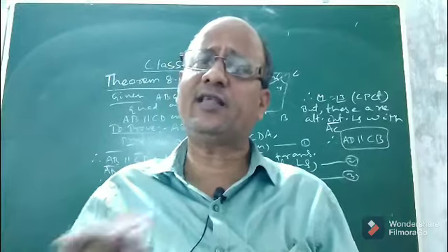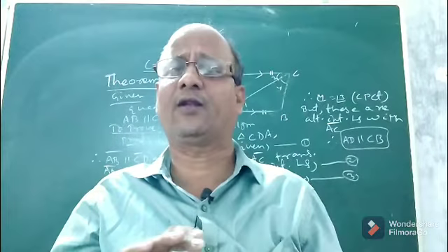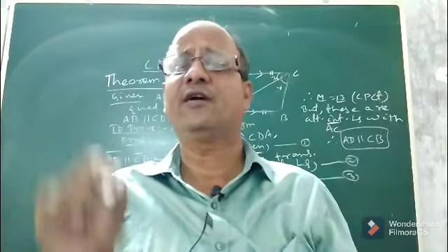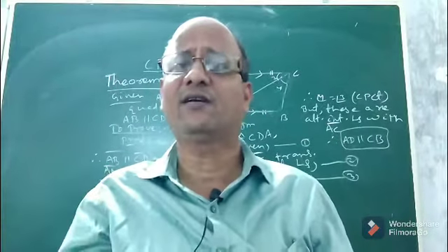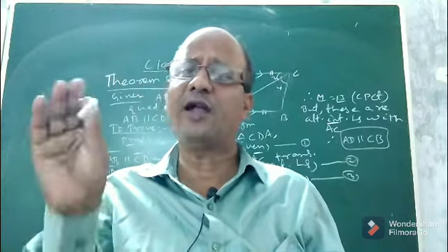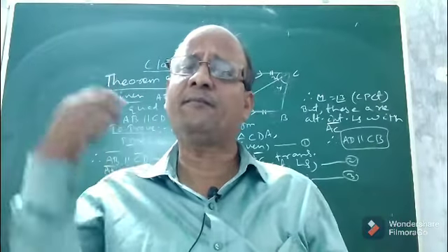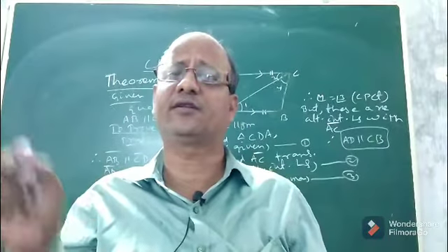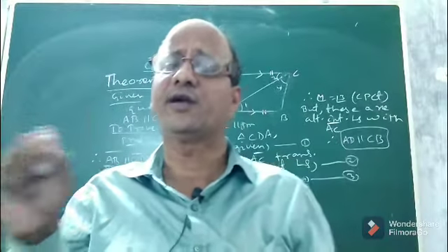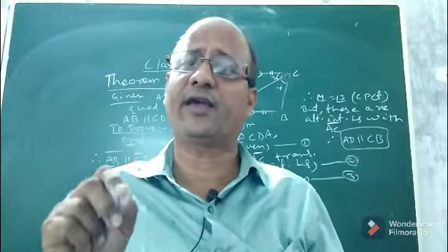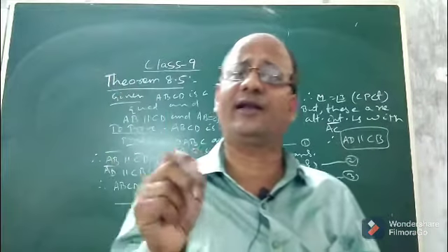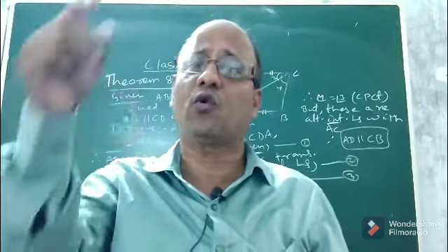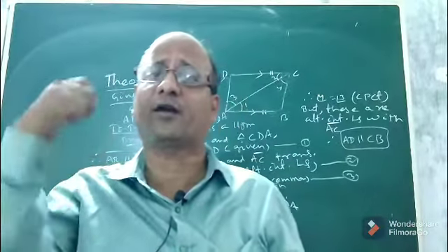So children, with this I completed everything about parallelogram, which is the primary concern of the chapter Quadrilateral as given in class 9 NCERT syllabus. I discussed everything, even some geometrical proofs which are not there in the NCERT book. You go through all the lessons, all the videos, you will be able to understand everything. So in this chapter Quadrilateral we discussed what is a quadrilateral, the scope or the areas that this chapter covers.